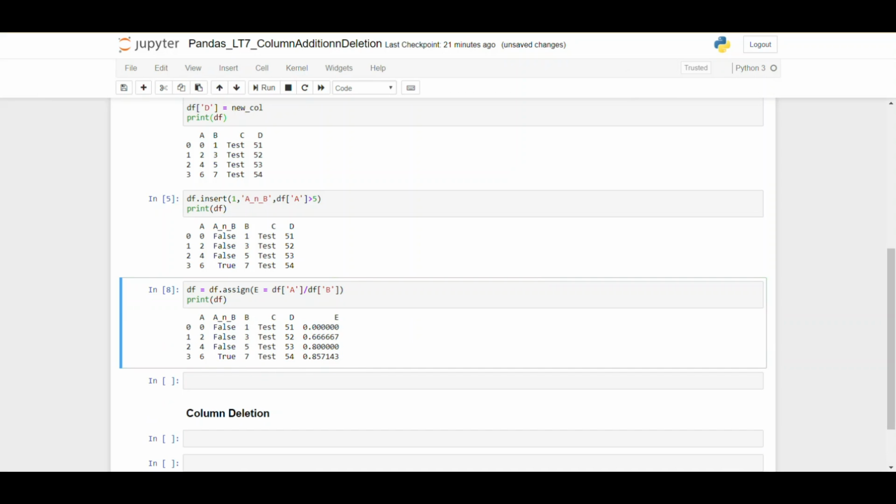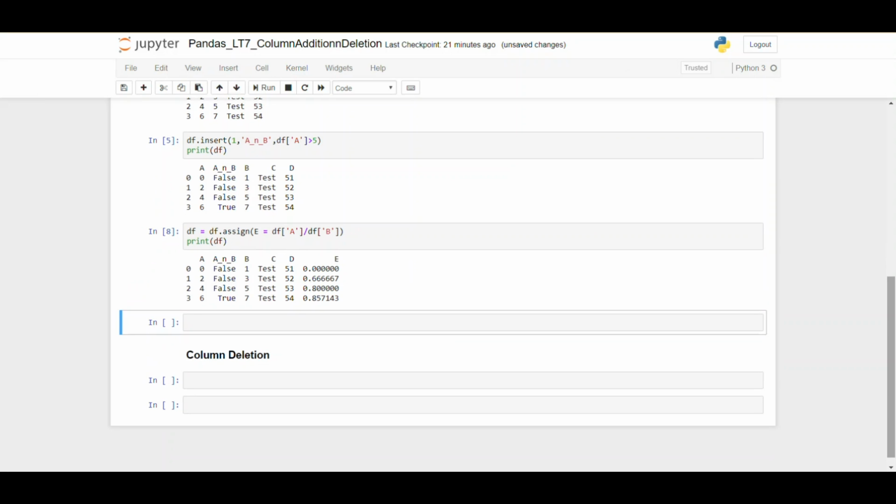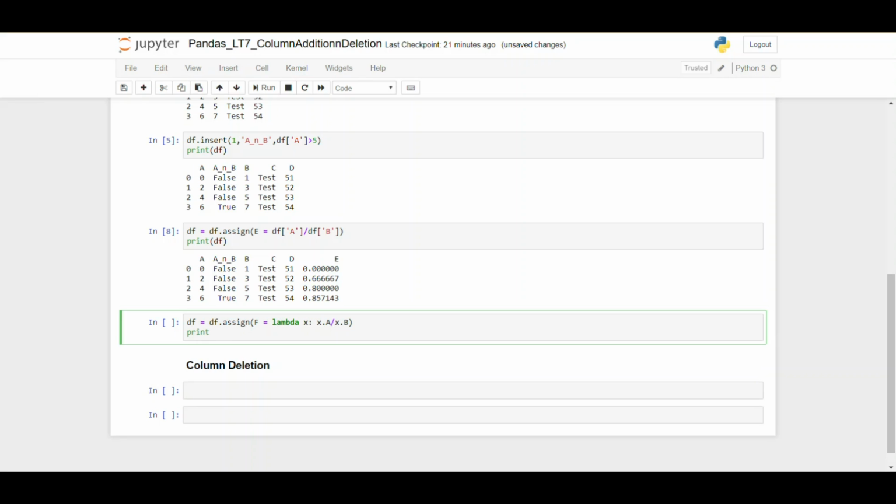Okay, and in the above example which we have seen, we have inserted a pre-computed value. We can also pass a function as one argument to be evaluated on the data frame being assigned to. So for that, let's see the example here, and we will call df is equal to df.assign, and then here I will call, let's say, f equal to lambda. So here I can define any function or one-liner. In this example, x will take each item of x a and divide it with x b. Now if I just go ahead and run it, and show you print df,